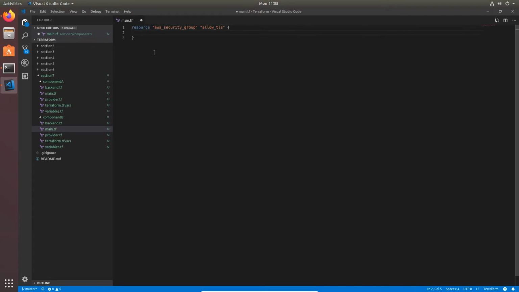I'm going to give it a pretty classic setup here. We'll give it the name allow_TLS and a similar description. I'll use the word ingress for ports that will be open for incoming traffic, and now specify only HTTPS traffic will be allowed through this, with a from port of 443 and a to port of 443. The protocol is going to be TCP,